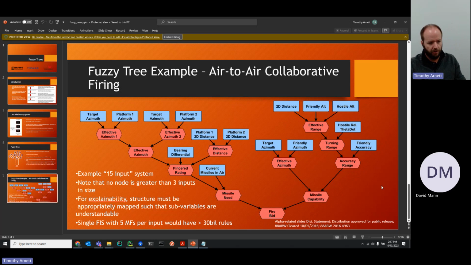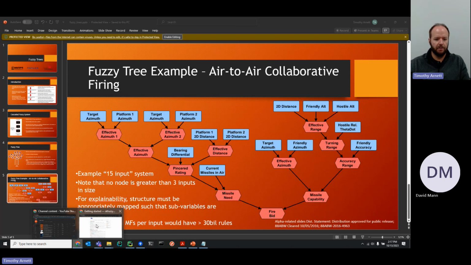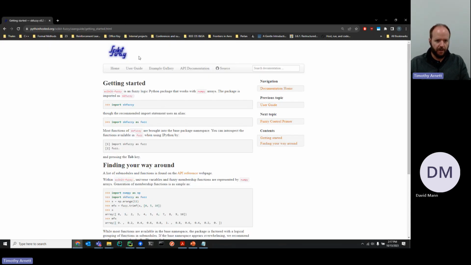However, if you want an off-the-shelf option, one of the ones that we recommend is skFuzzy, which is scikit-fuzzy in Python. It is a relatively capable toolbox that is relatively fast compared to a lot of other options that are out there. Of course, it's not the only one. Feel free to use whichever that you want. But this is one of the better off-the-shelf options that gives you a lot of flexibility, has a lot of features, but also is relatively fast.